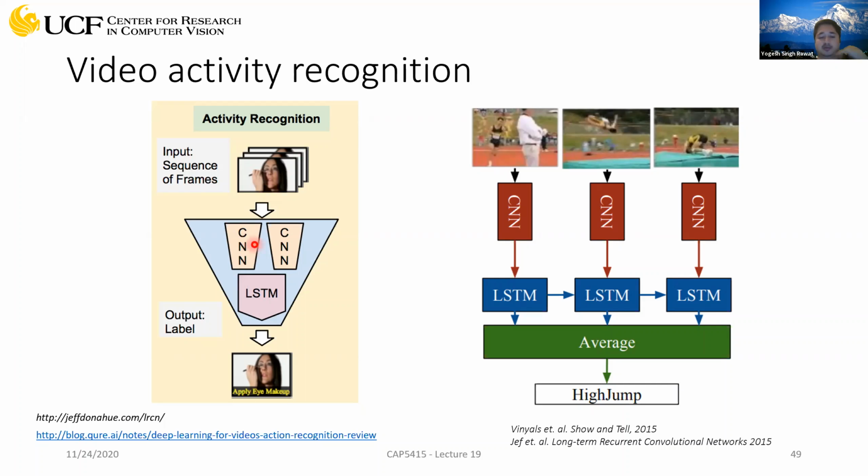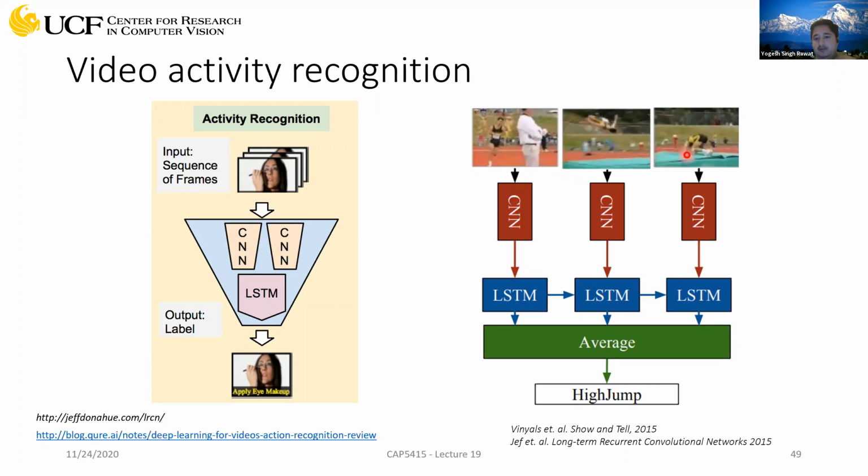It could be any two-dimensional CNN architecture, right? And then pass those sequences of extracted features to an LSTM to make the prediction. So this is actually describing the same thing. You have a sequence of frames. Each frame you can extract the features from using a CNN architecture. So that will be a flattened feature vector.